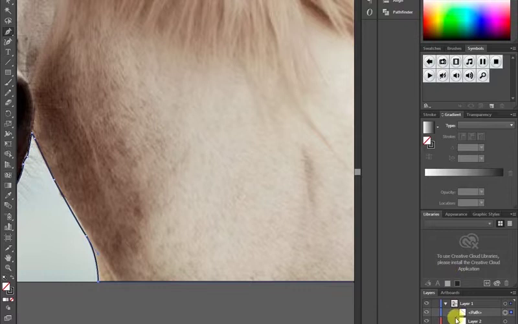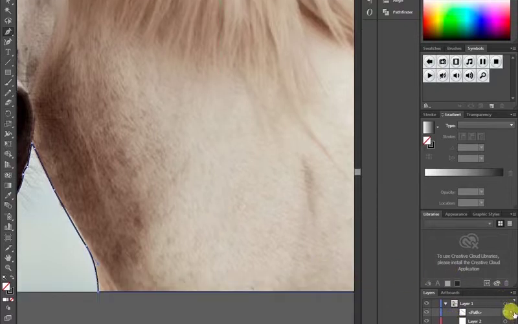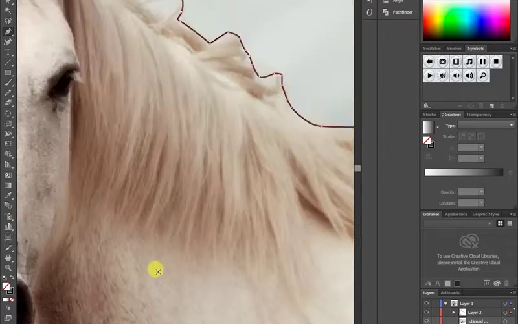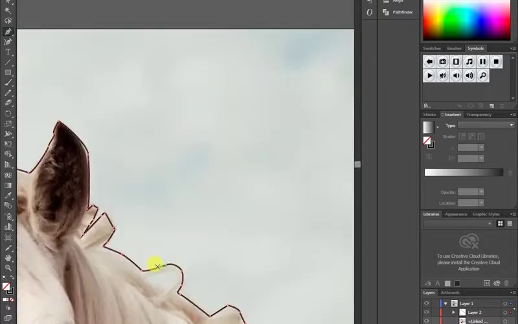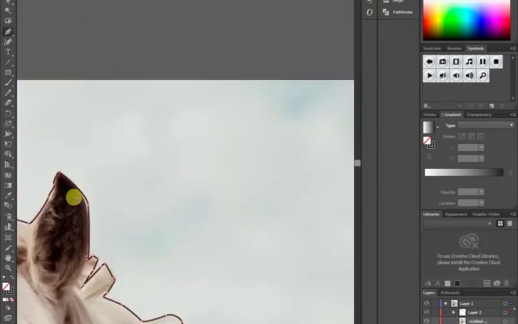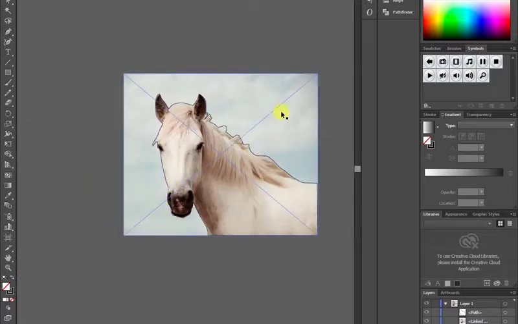So here is a path. Simply use it and drag it onto the new layer that was made, okay, like this, and select, right. So remember,